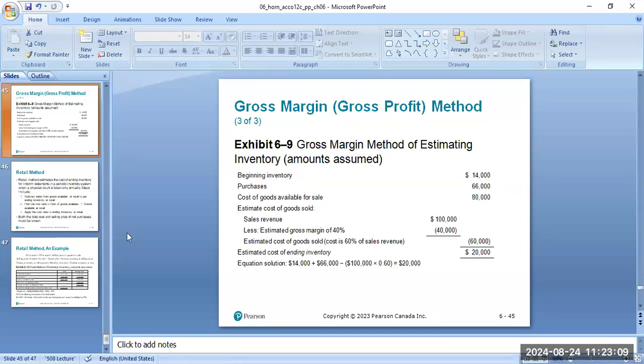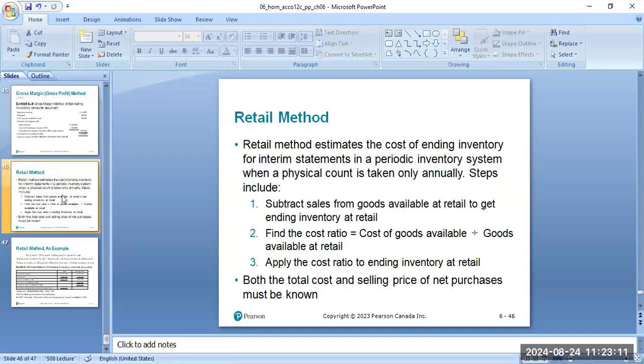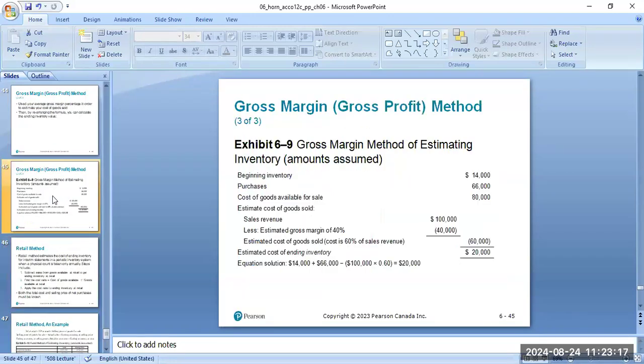Job is done. Retail method. I'm not going to test you on the retail method. If you know the gross margin method, that's more than enough for me. And that concludes